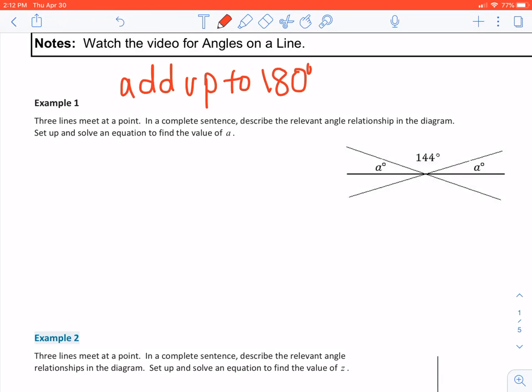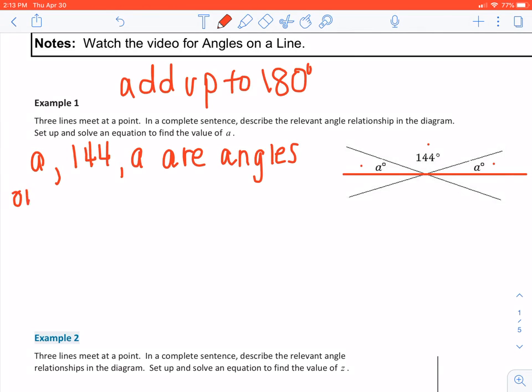It says 3 lines meet at a point. In a complete sentence, we're going to describe the relevant angle relationship in the diagram. So it's always going to tell us to write a sentence first. If you look at the diagram, we have a straight line. That means that these 3 angles, A, 144, and A, are on that straight line. So we're going to write A, 144, and A. Those are the 3 angles. Are called angles on a line,